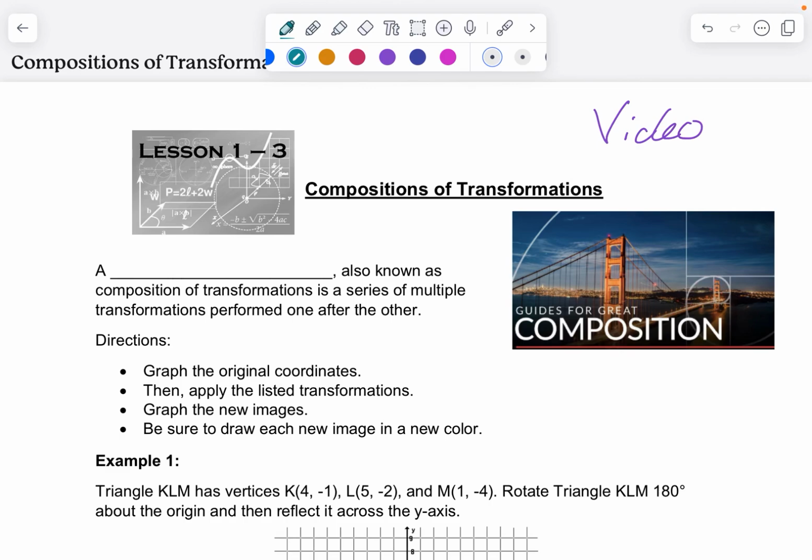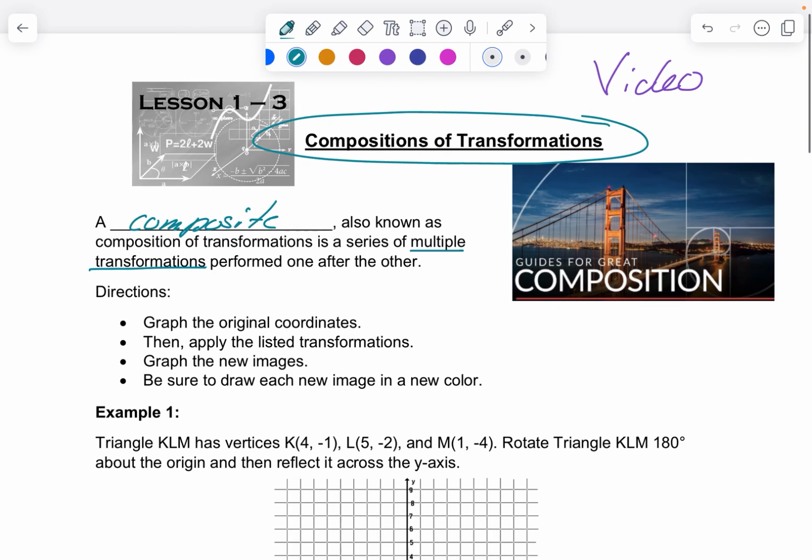All right, now we're going to start putting things together. We've done individual translation, reflection, rotation. Today, we're going to be combining some of those together. So that's a composite, also known as a composition of transformations, is a series of multiple transformations performed one after